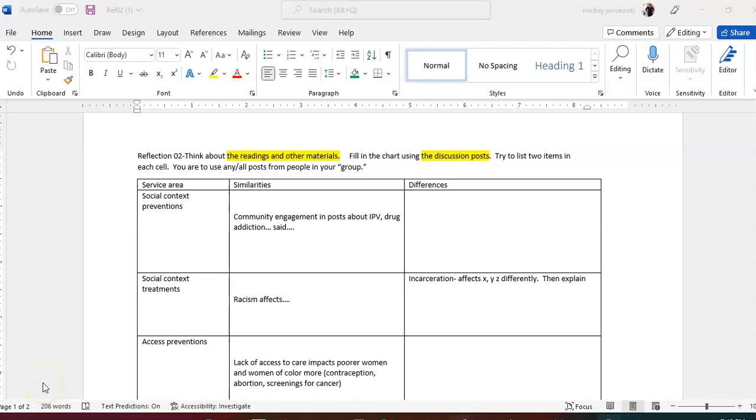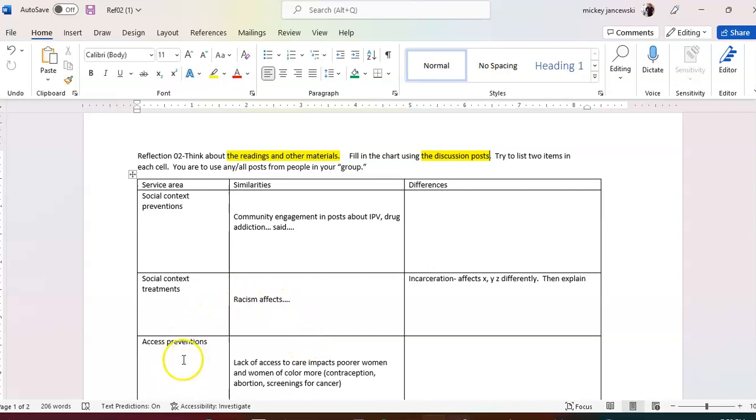Let's go over reflection 2. I would like to go over reflection 2 with you because it is the most difficult reflection in the course. It's difficult because I'm asking you to use the materials in the lessons and use the discussion boards. By looking at all of that together, I'm asking you to fill in similarities and differences in relation to the